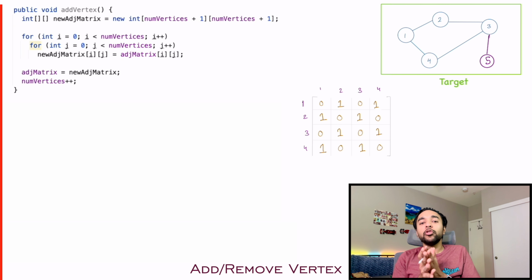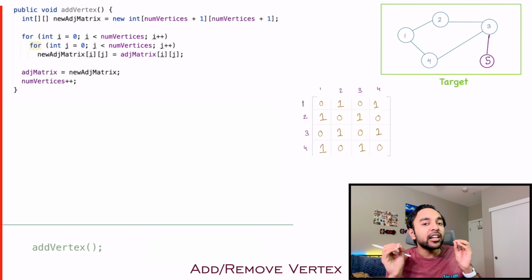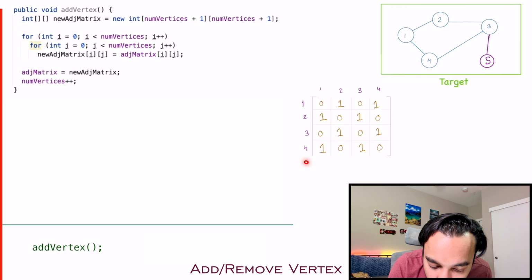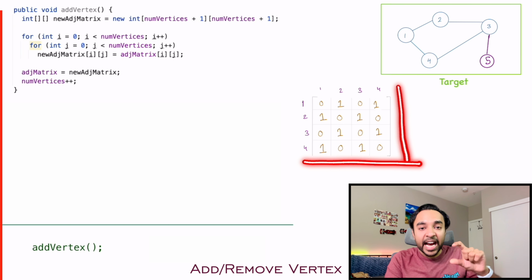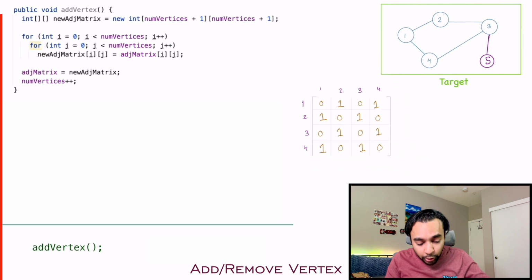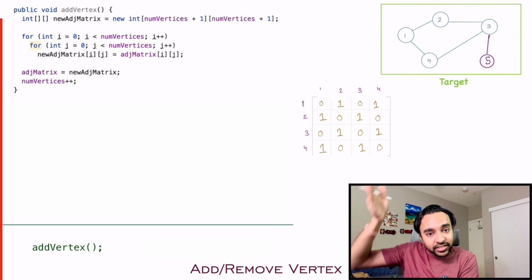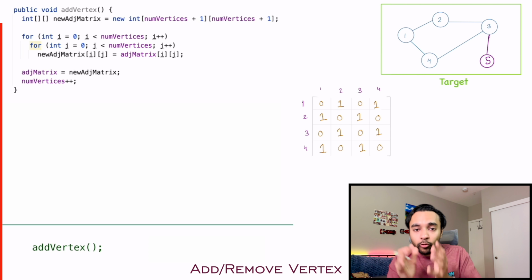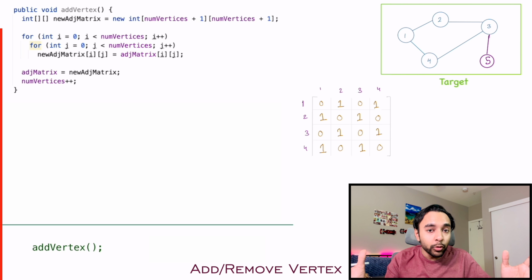And if you try to recollect, how did we add a new vertex to our adjacency matrix? We had to create a new row and a new column that was representing the new vertex, right? So, a two-dimensional array or a matrix, you cannot just add a new row and a new column to that matrix, right? What you will have to do is, you will have to initialize an entirely new array of the